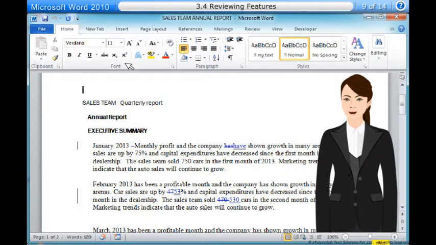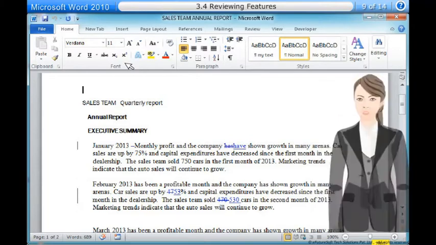Once you've removed all of the comments and track changes, it's a good idea to double-check your document using the Document Inspector. The Document Inspector can tell you if there is any hidden data in your document that you may need to remove. It looks for data in many different places, not just comments and track changes. To use the Document Inspector,